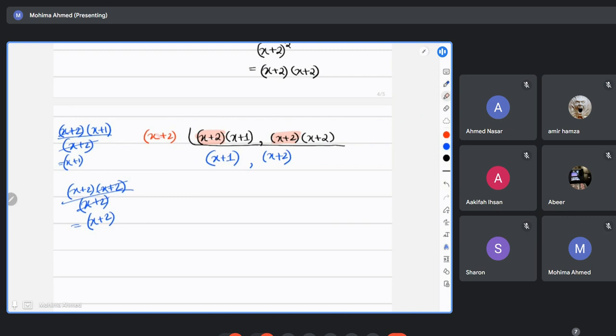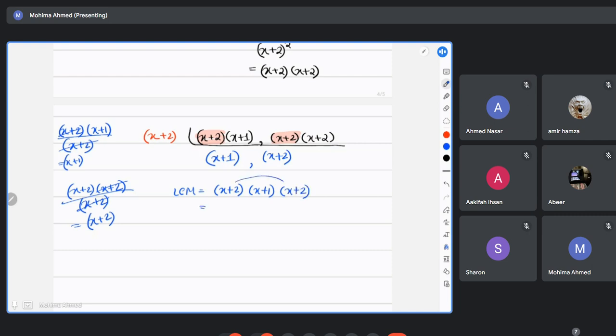And in LCM, what happens? We're going to multiply everything on the left, like outer sections of these lines, right? We have to multiply all these three together. So at the end, if I want to find out LCM now, this is going to be x plus 2, x plus 1, and x plus 2.